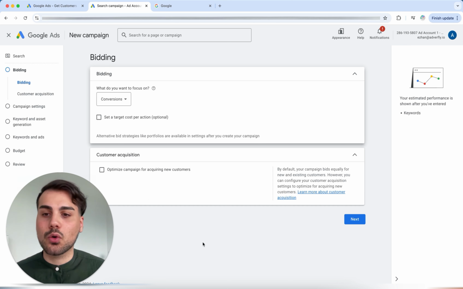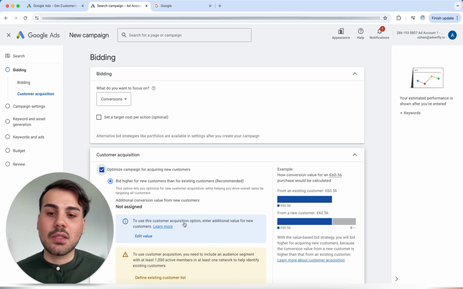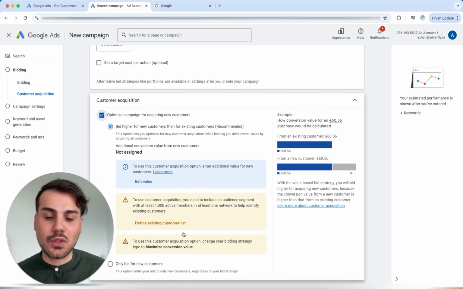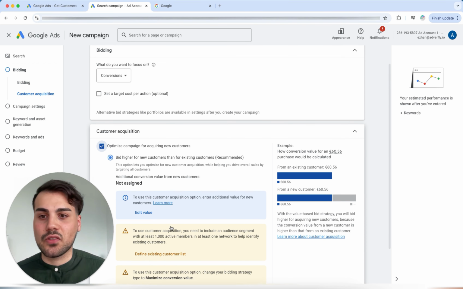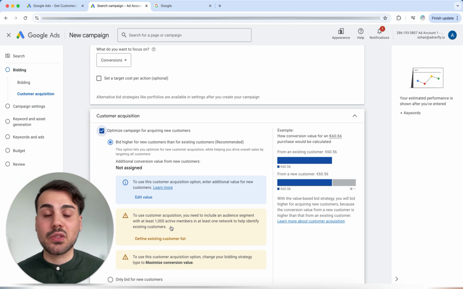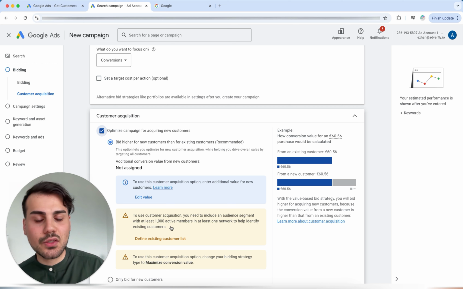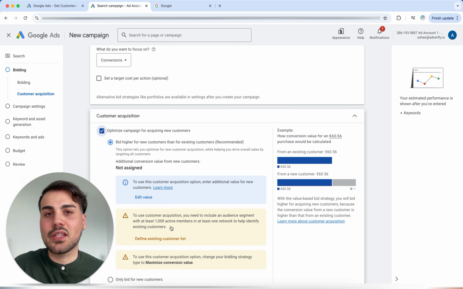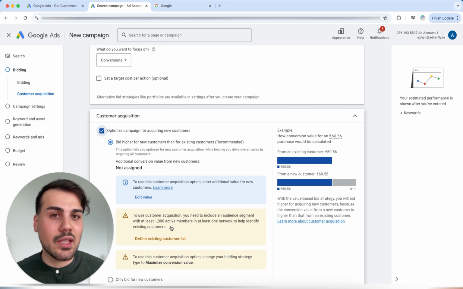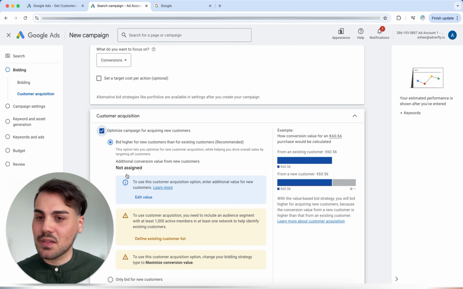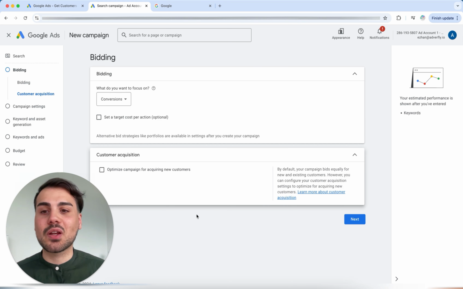And then we have the option down here again that we see here on the screen, where you say, hey Google, I just want to generate new customers, for example. So you have to upload lists in the background and similar. That means uploading a customer list here. And I wouldn't recommend that to start with. These are just things which you can of course test later. With the first campaigns, it is always important that you just start, set the most important things, and then optimize and test them, because the more you scale, the more profits you make, which means you can easily test more later, especially with more experience. That's why I'm going to remove this check mark again. So then I click on next again.